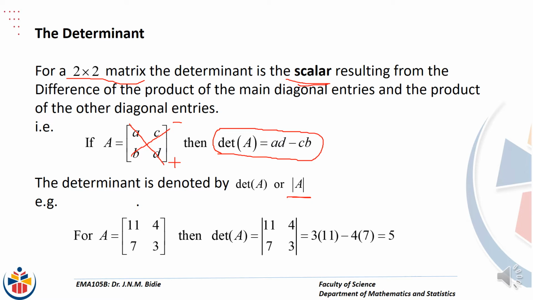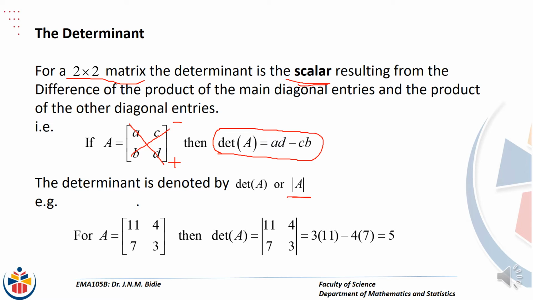If by some mistake, when you are asked to find the determinant of a matrix, you find yourself using square brackets around the entries, please write that so that we understand that you are trying to find the determinant. Note that the determinant gives you a value, which is a number, but a matrix does not give you a value. So here, if A is given by the first row, 11, 4, second row, 7